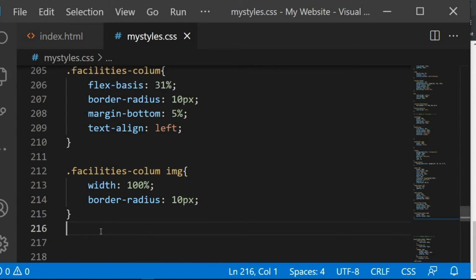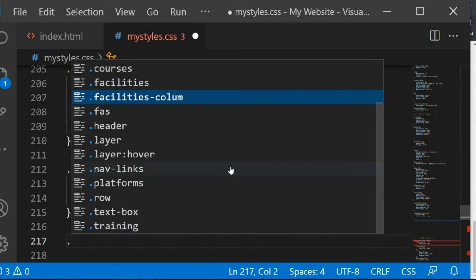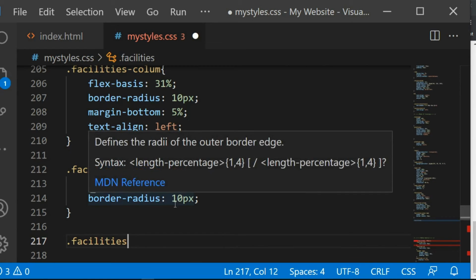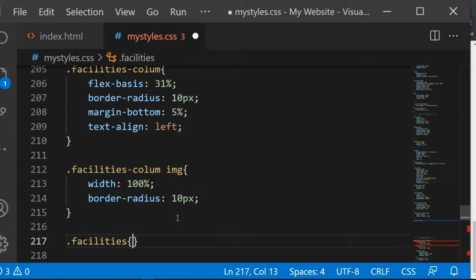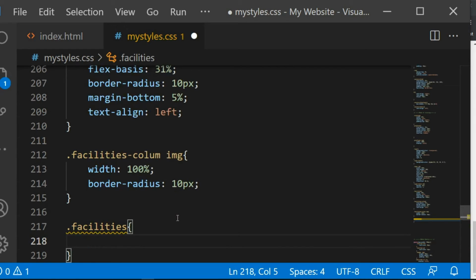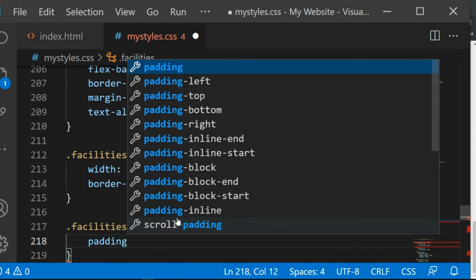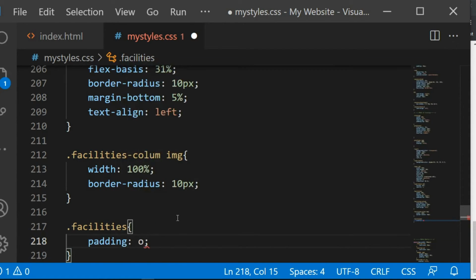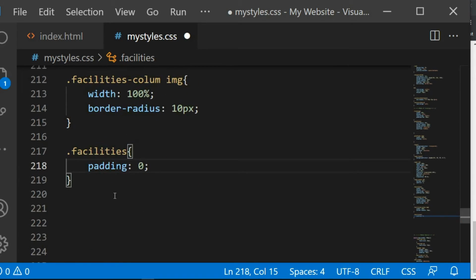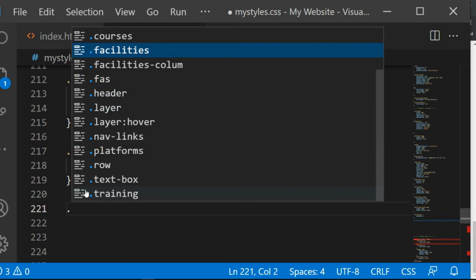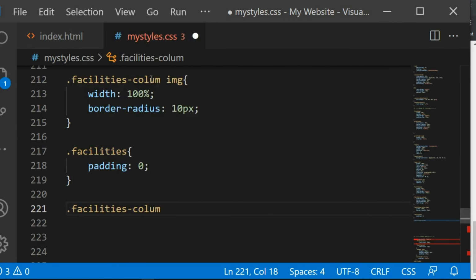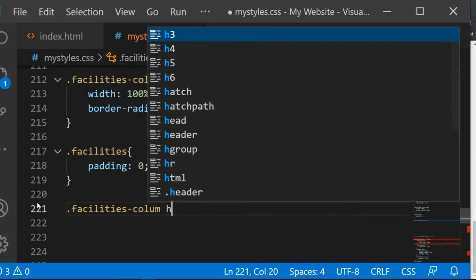So the selector is going to be dot facilities, and then create curly braces and say padding. I'm going to give it 0 for paragraph, actually 0, not all, 0. And then let's create also for those text. So it's going to be dot facilities column dot h2